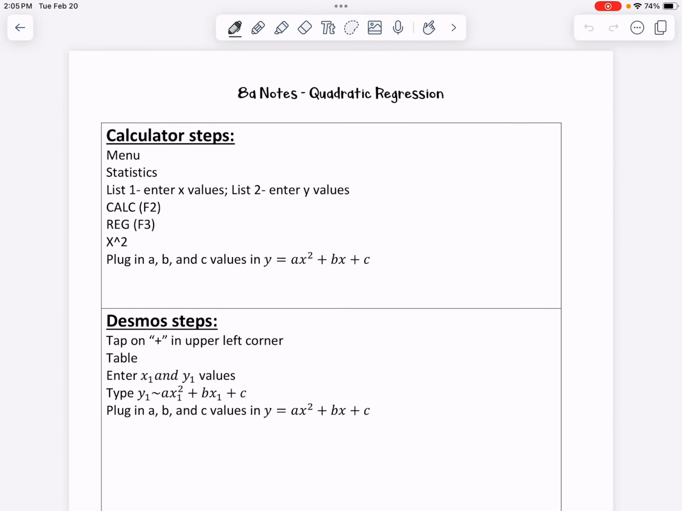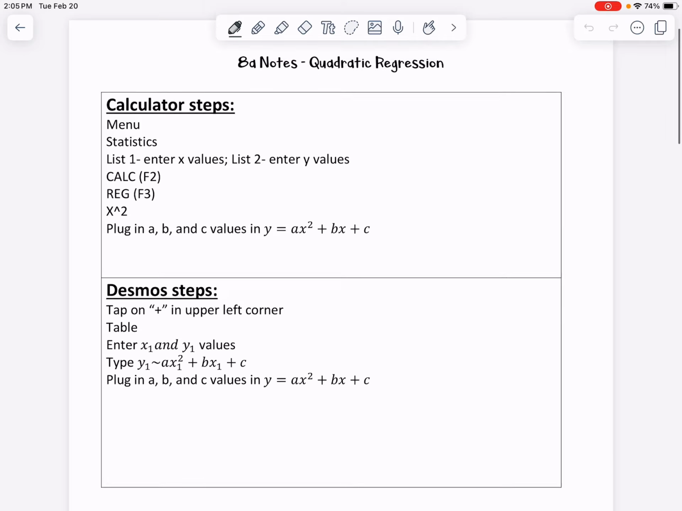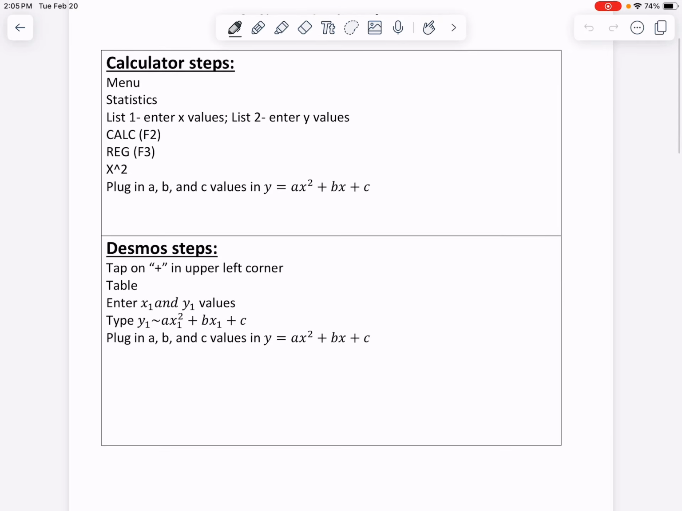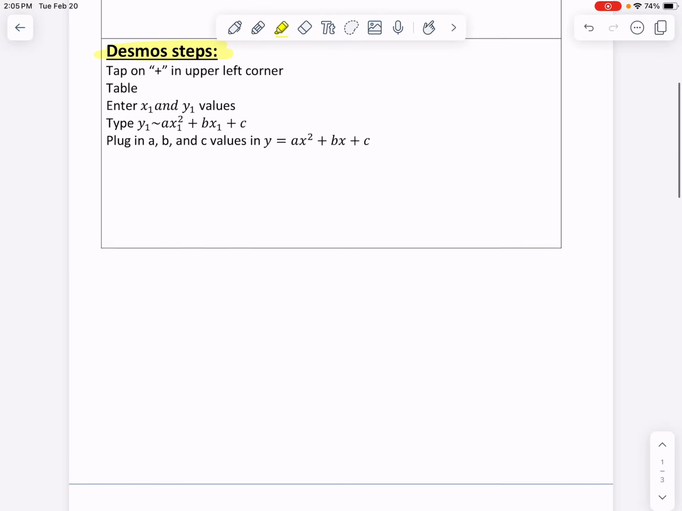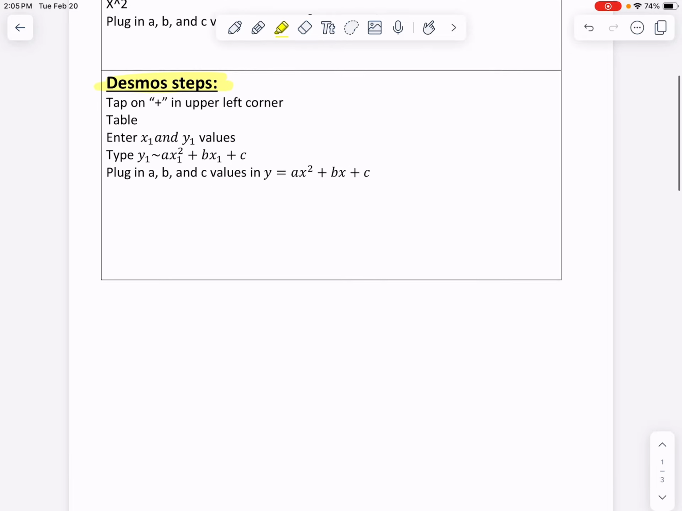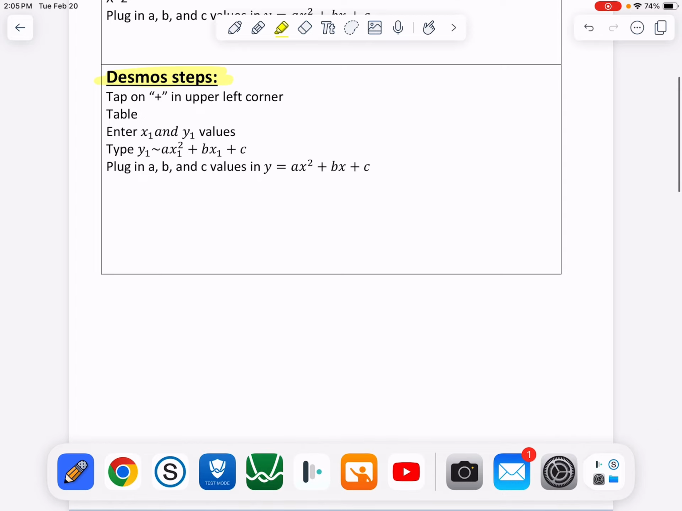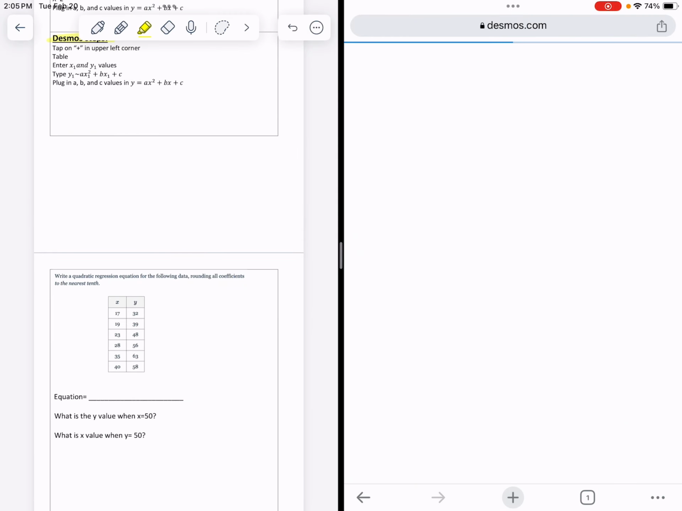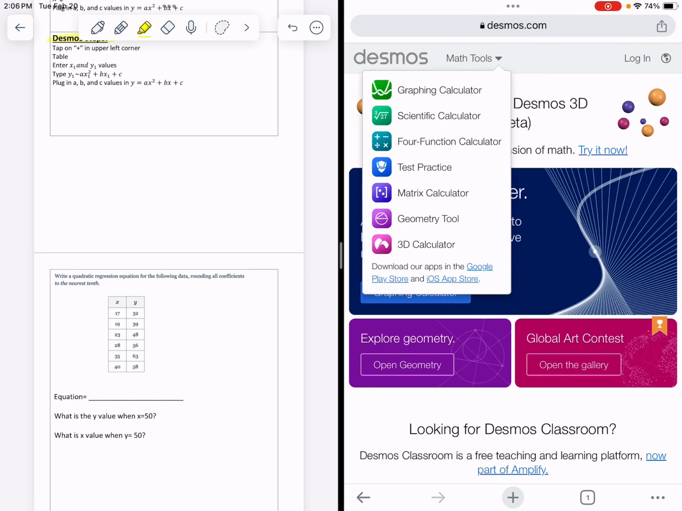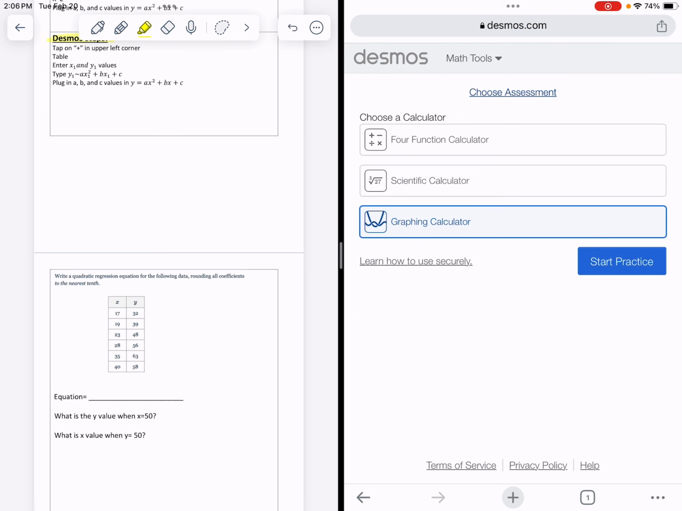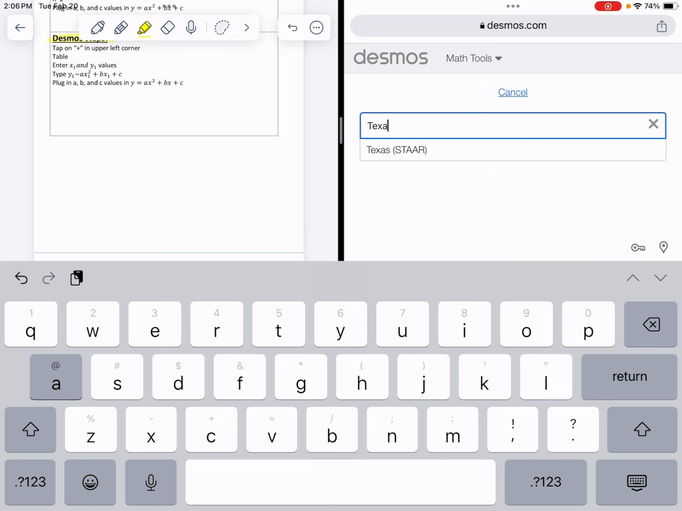Okay, so this lesson is on quadratic regression, which is basically getting a quadratic equation from a calculator. The best way to do this is Desmos, so that's how I'm going to demonstrate these notes. And so these are the directions. And so I'm going to go ahead and open up Desmos, always going to the test practice and choosing Texas